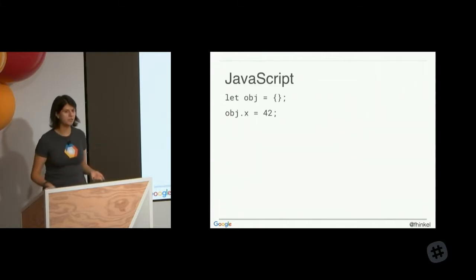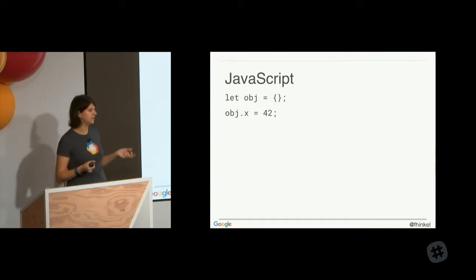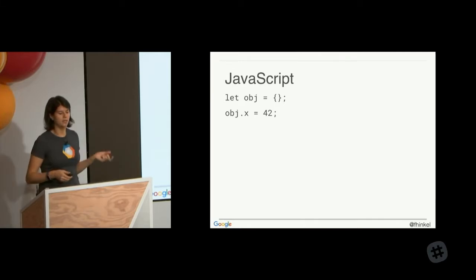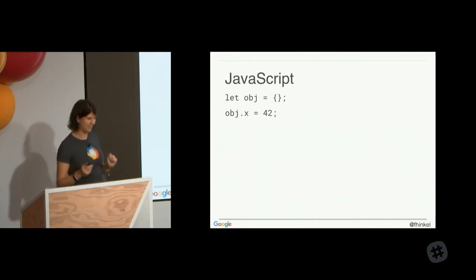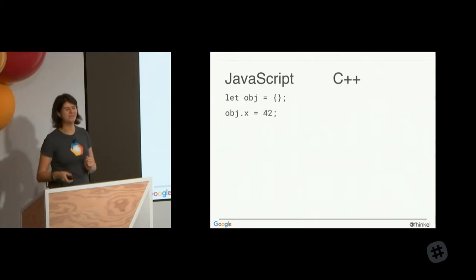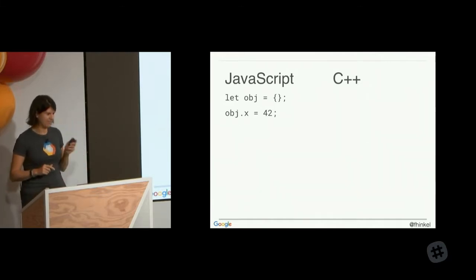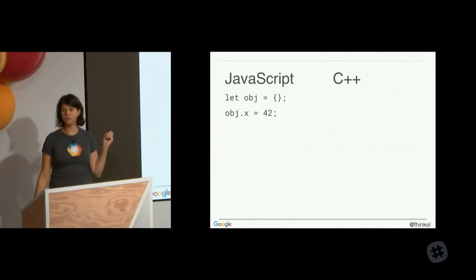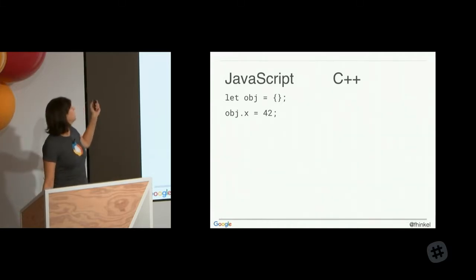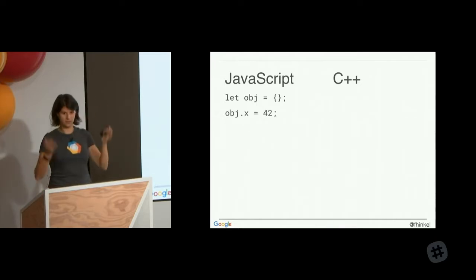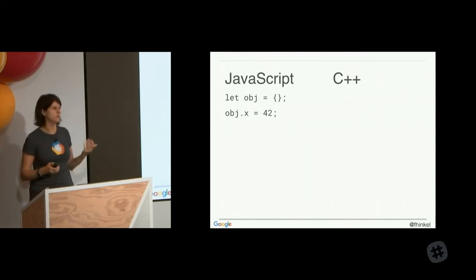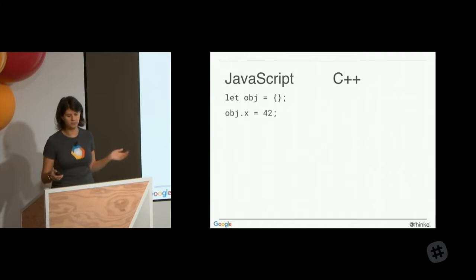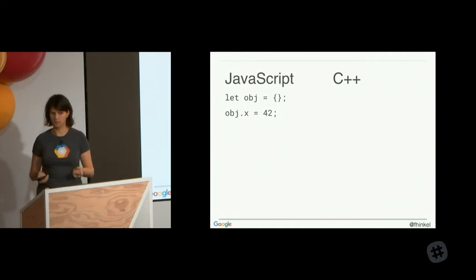All right, before we can talk about performance, I want to point out one fundamental difference between a dynamically typed scripting language like JavaScript, and a statically typed language like C++, not a scripting language. Okay, so in JavaScript, if you want to have a property X on an object, you can do this at any time. You define a variable object, assign an object to it, and then set this property X to 42. Perfectly valid code. Can you do the same thing in C++?